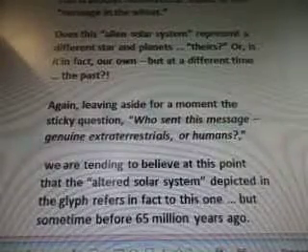You know what? You guys keep saying the past, and what if it's in the future? What if these guys are from the future and they're sending a message back to the past? That's something to contemplate. Again, leaving aside for a moment the sticky question, who sent this message, genuine extraterrestrials or